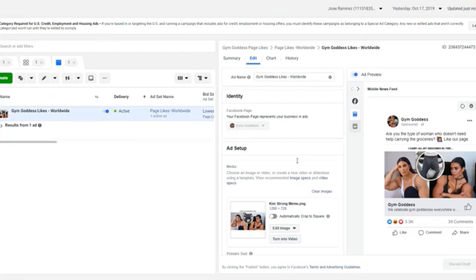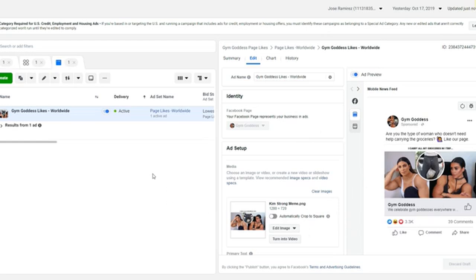So this did the trick when it comes to getting a very low cost per like, because a lot of people were liking this ad. And you can play around with different images and different memes to see what works best. You can set up multiple ads. You can easily just replicate an ad set and basically allow you to test multiple ads to see which one gets the best results. And I'm going to show you how to do this from scratch in the next lesson,